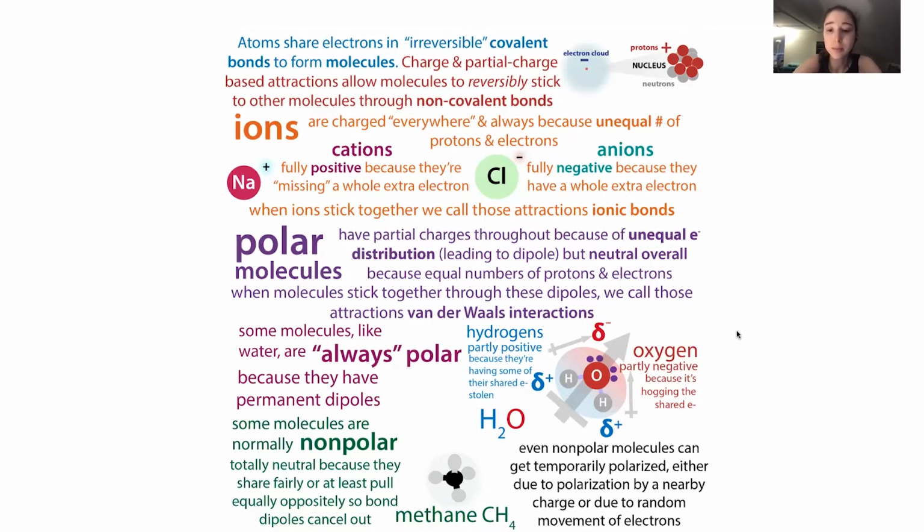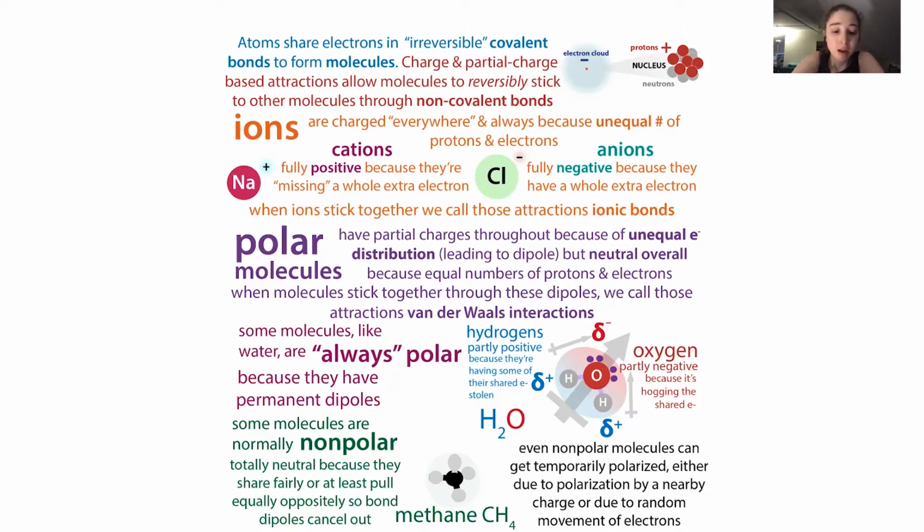You can also get molecules that are partly charged, because when they're sharing those pairs of electrons, they're merging parts of their electron clouds. The electrons can hang out more in one part than the other, and they'll hang out more around the more electronegative atom, the one that's better at using its protons to pull and rein in the electrons. Oxygen's a really good example, and so is nitrogen, an electronegative